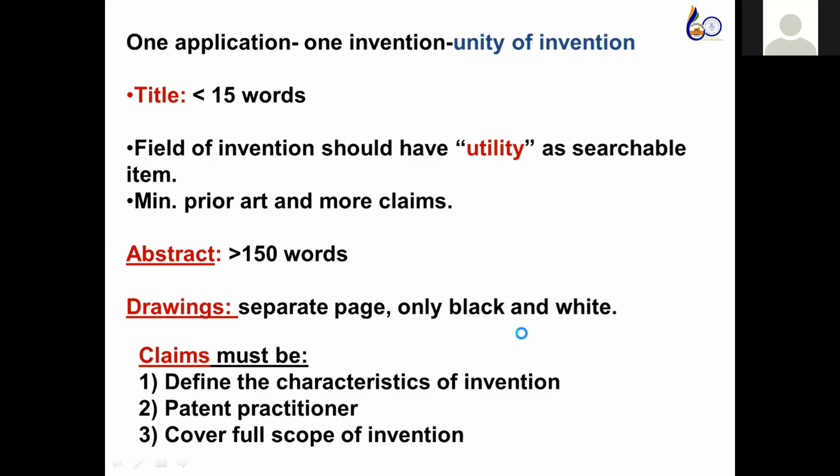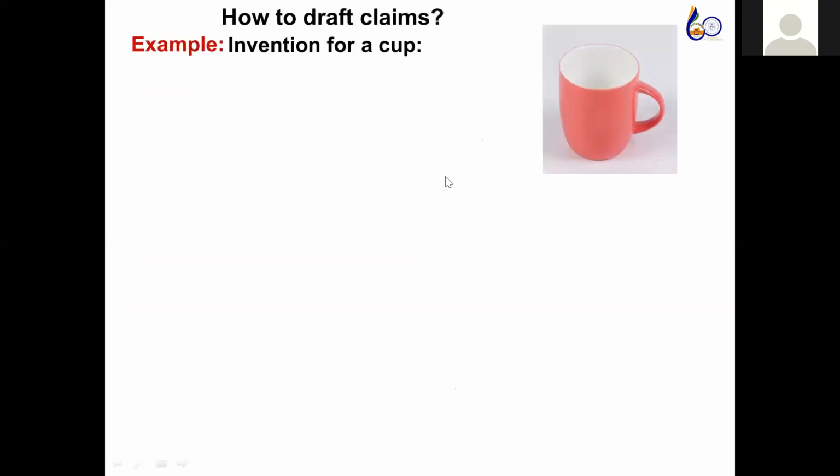ठीक है. And now how to write a small, क्या बोलते हैं, title. तो इन्वेंशन या क्लेम समझ लो, how to write claims. जैसे क्लेम मैंने बोला है, क्लेम में छोटा वर्ड्स होना चाहिए and you should cover maximum things. For example, an invention of a cup, ये कप हमने बनाया तो इसके ऊपर मुझे पेटेंट लेना है, ये क्लेम्स लिखना है मुझे इसका. तो क्लेम्स कितना इंपॉर्टेंट है मैं बताऊंगा, ठीक है. तो इसका एक क्लेम लिखना है तो जनरली क्या लिखेंगे बताओ,